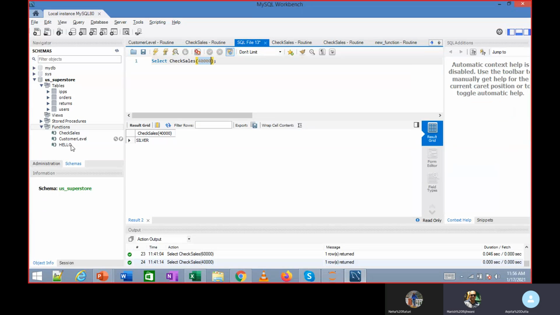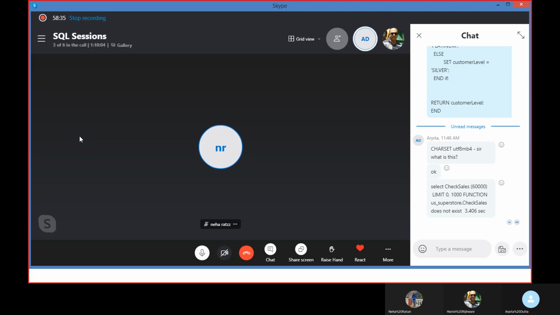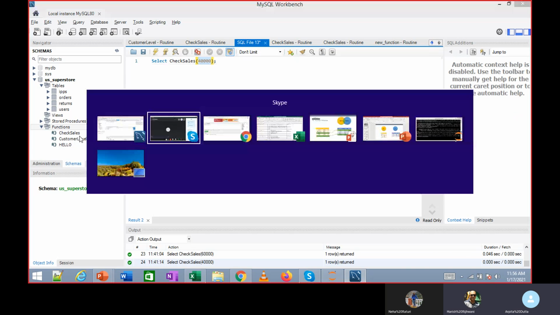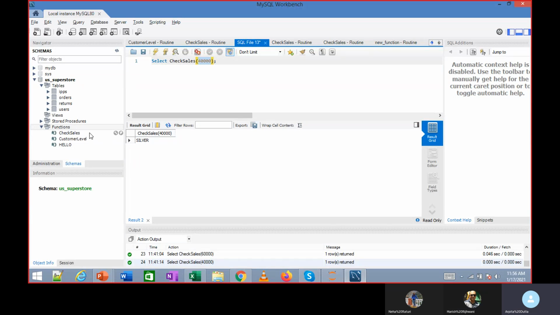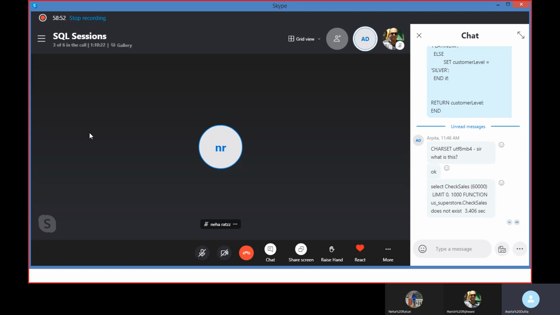Over here you see the function like this. No, sir, this is not visible. So the function did not get created. Oh, I'll do it again then.